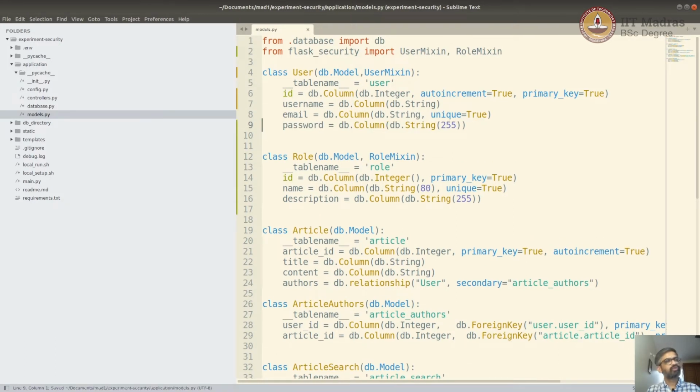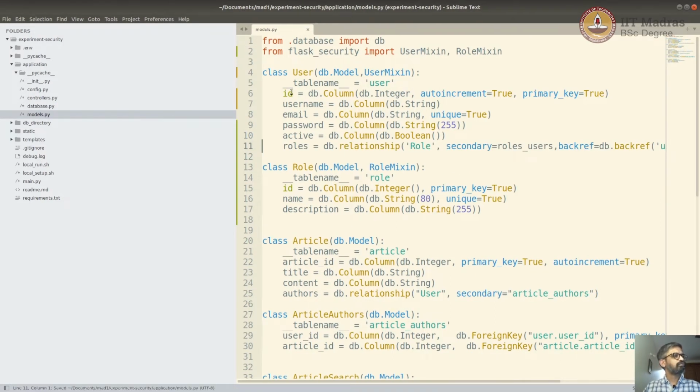Which is going to store the password, actually hashed password, not the password. I'm going to add a field called active to see whether the user is active or not, right? And then I'm going to add a relation, because when I said user will have roles based on which we'll give certain accesses, so we have to relate user to role. Now we are going to have a many to many relation between user and roles table, hence we're going to add that relationship here, right? So I'm adding roles field here,